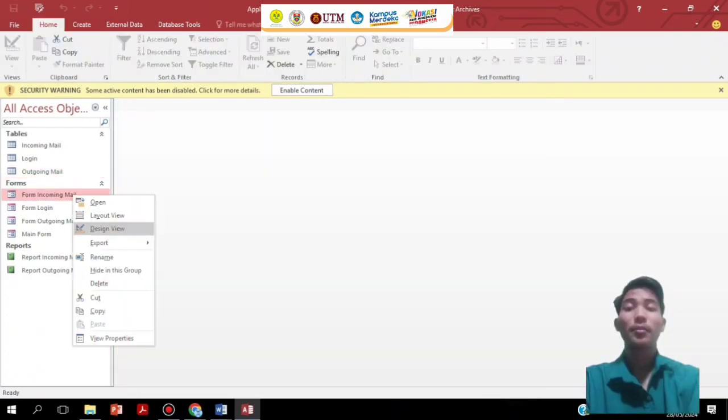The next one is the incoming mail form. The incoming mail form is used to input details about newly received incoming mails. Users can fill in the provided columns such as mail number, details of the member, mail sender, and subject to record information. Start by opening the incoming mail form in the application. Look for and access the option that leads you to the form where users can input information about incoming mail.